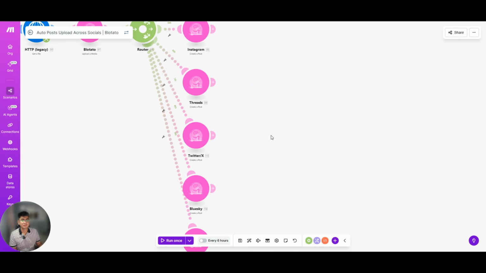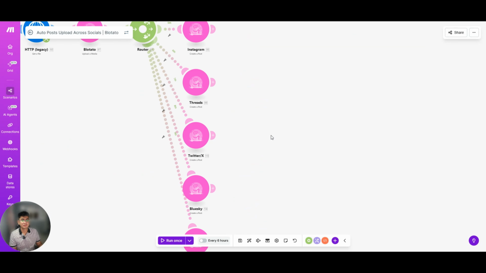So now we will see the final output, and I will walk you through Blotato so you can check what Blotato is and what's inside. So this is the Blotato dashboard where you can check your published posts. And you can also check this gear icon, where you can connect your accounts.